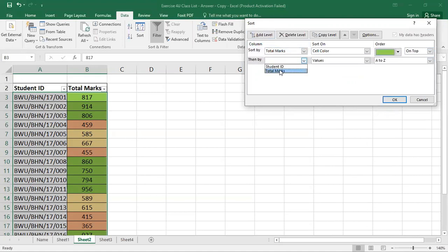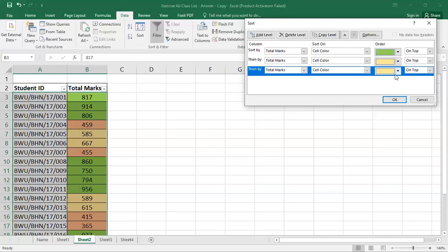Then add level, again select the total marks, again cell color, then yellow. Again I add a level, select the total marks, cell color, and this is marked as red.